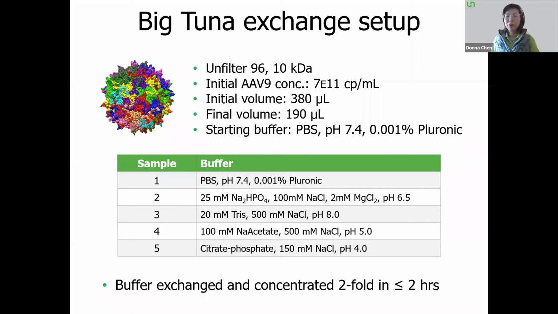And the other 4 common chromatography formulations also included a highly acidic citric phosphate buffer. We are adding this one in with the intention of knowing that this is not a viable buffer for AAV at all. But Big Tuna was able to buffer exchange and concentrate the sample 2-fold in less than 2 hours